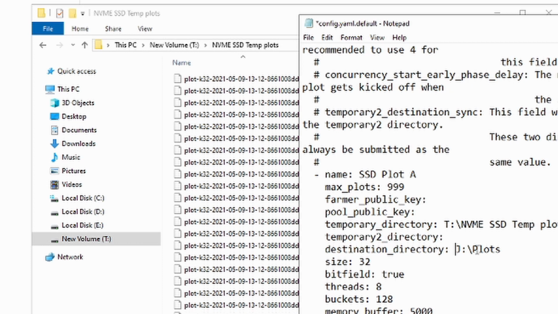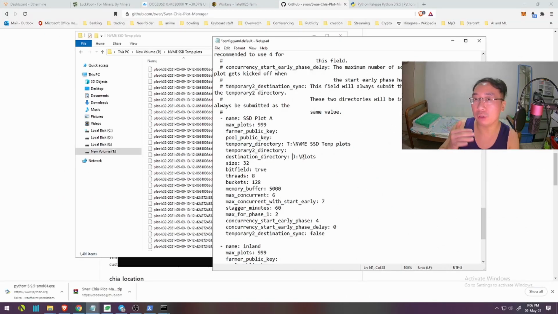So typically, a lot of users have noticed that for stage 4, just to write, let's say, a 100 gigabyte plot file over to their hard disk, it takes anywhere from maybe 8 to 12 minutes. But if they could save on this 8 to 12 minutes, they can actually start the next plot faster on their temporary directory. So in this case, what we suggest is, if you have another SSD, or let's say your operating system is installed on an SSD as well and you have some free space there, it would be good to set